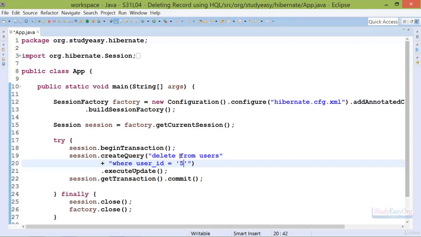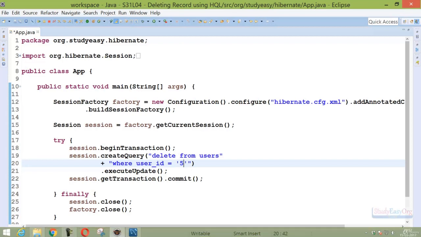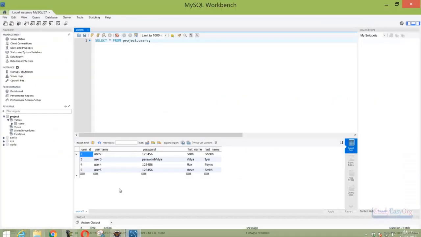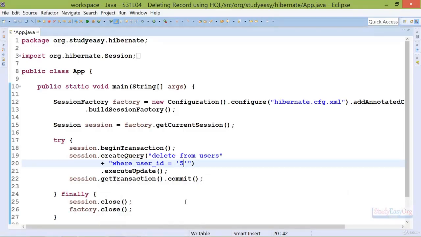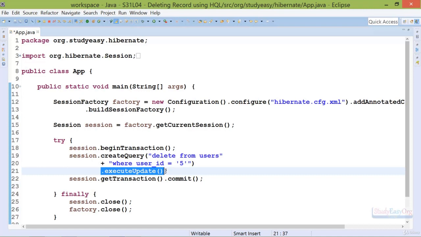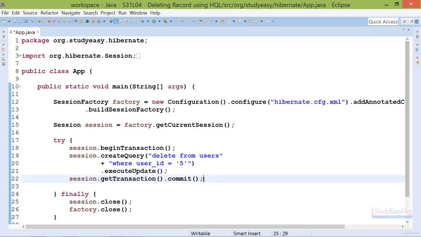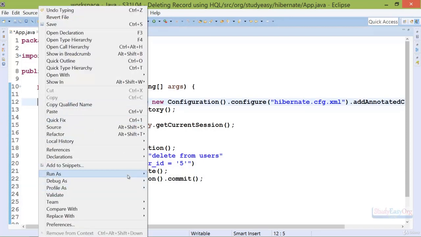All right, so we will delete the last record from the database where the first name is Steve. So this would be our target. Then we would be again calling the execute update method because deletion is also an update in our database table. And then finally we will commit the operation, which is again important. Alright, so let me right click and execute this particular